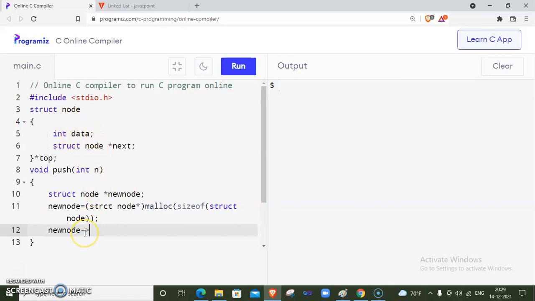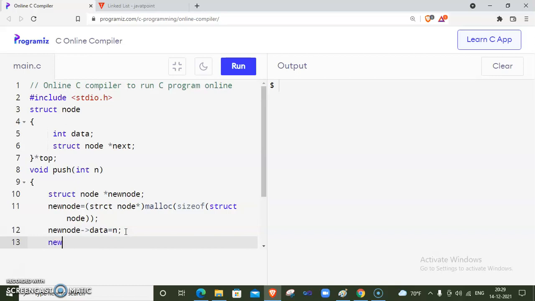By using the dot operator, newnode.data. If newnode is not a pointer, there is no star, then we access the data as newnode.data. But I am declaring a pointer, so I am using the arrow operator: newnode->data is equal to n. Inside the data part we need to store n.